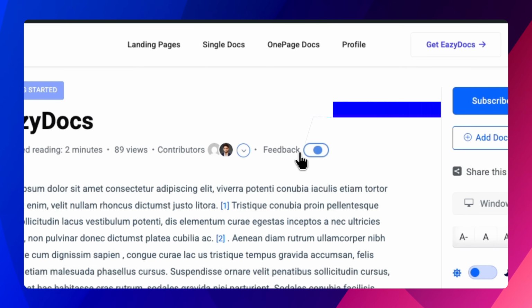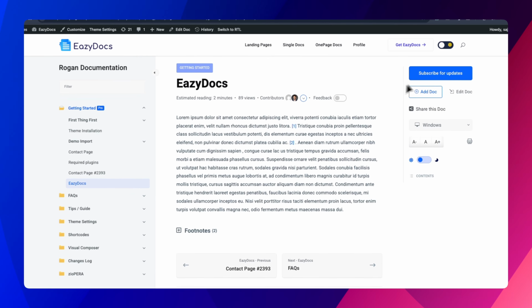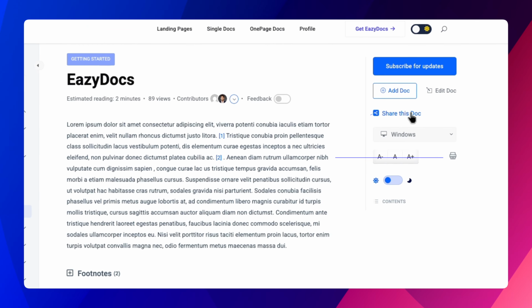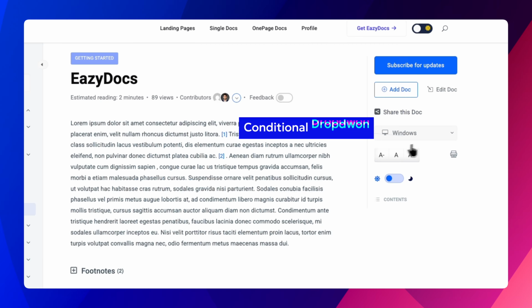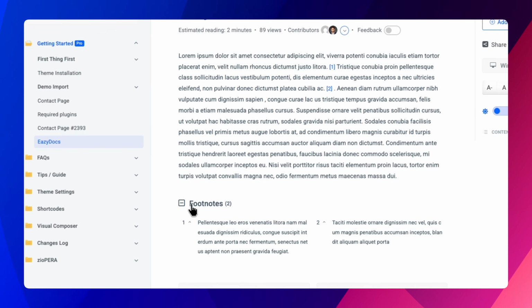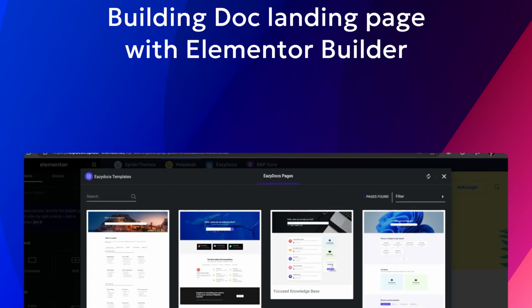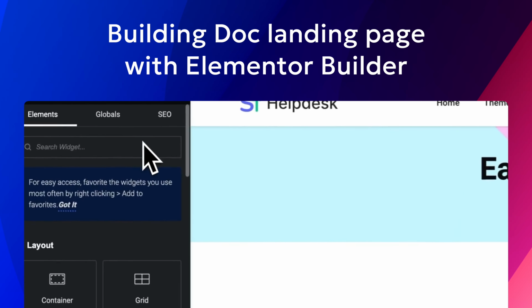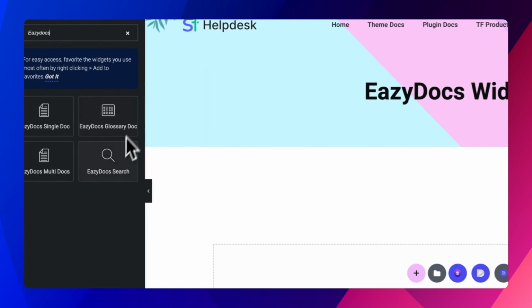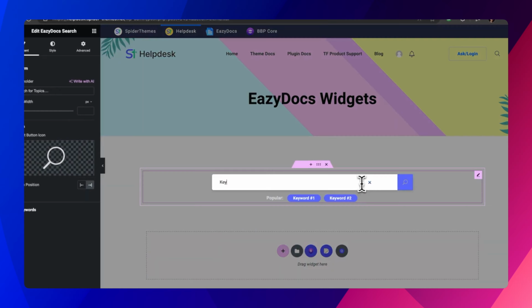contributors, feedback button, subscribe button, add docs button, edit doc, documentation sharing, conditional dropdown, font size adjustment, dark mode switcher, footnotes, and many more. You can build your documentation landing page using pre-designed Elementor presets and easily customize it after importing to suit